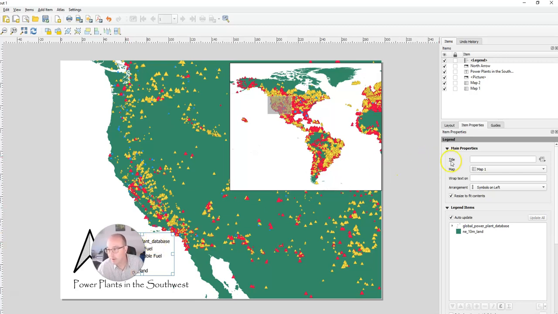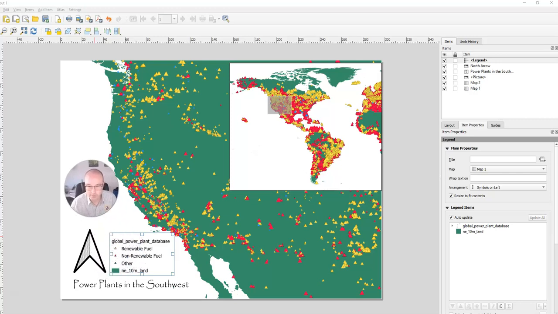Okay. I do not want, let's move my picture. I do not want Global Power Plant Database on there at all. So if you come over here, as long as you've got the legend outlined here, you can see you've got all the different parts of the legend over here. I am going to get rid of, I'm going to click on that, okay? And then we're going to,